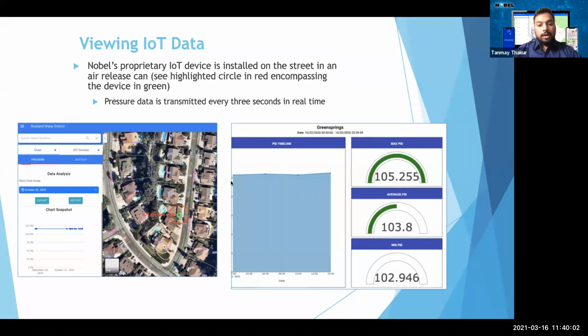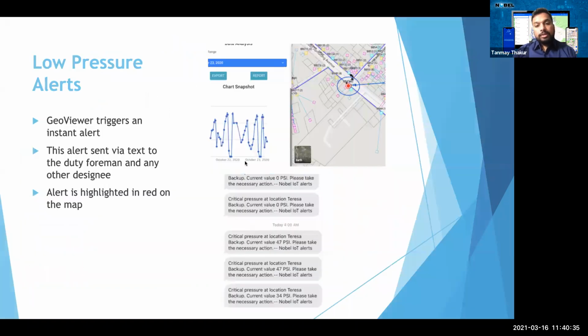But using this solution, they know about this pipeline leak in about 1 or 2 hours, or maybe within minutes, if the leak is very evident, or if the leak is huge, or the pipeline has a very disruptive effect on the district.